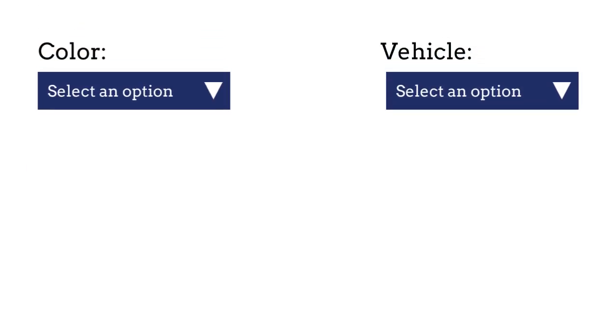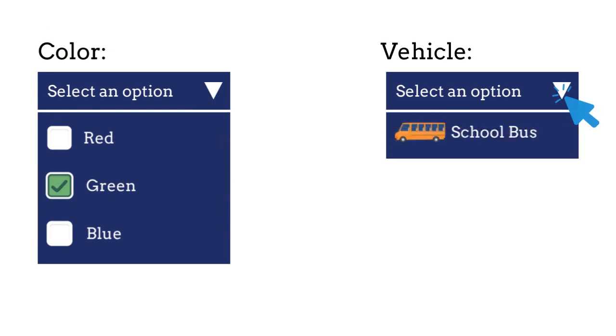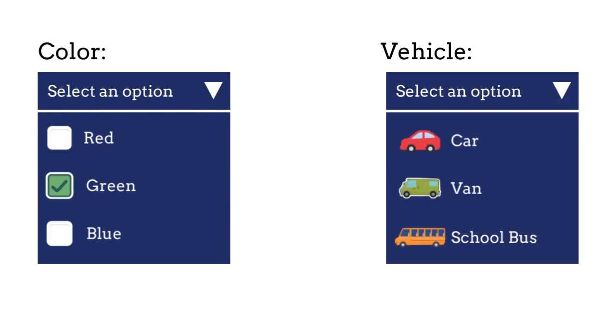In today's video, we will make custom drop-down menus web accessible that can either have checkboxes or images within them. HTML select tags are by default web accessible and no additional coding is needed for them.